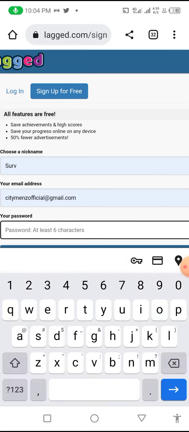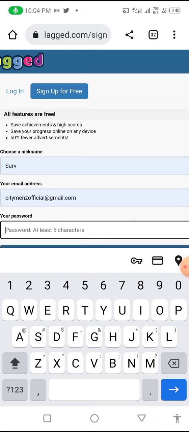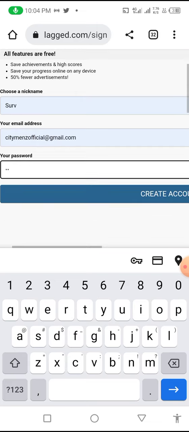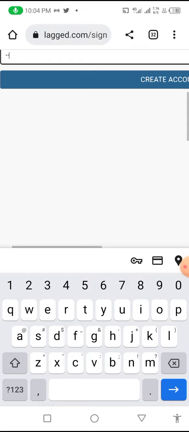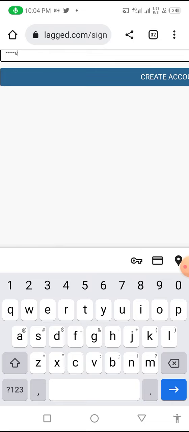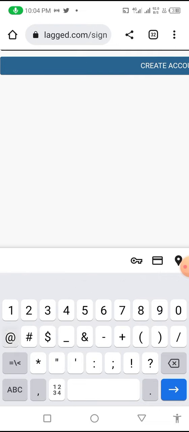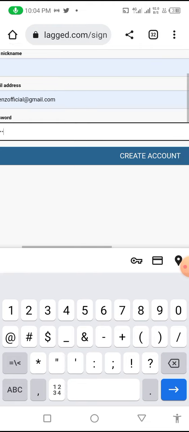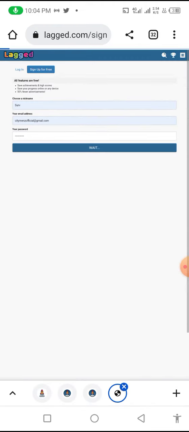Then I choose a password, at least 6 characters. I'm just hiding it for now. You create an account. It's telling you waiting.